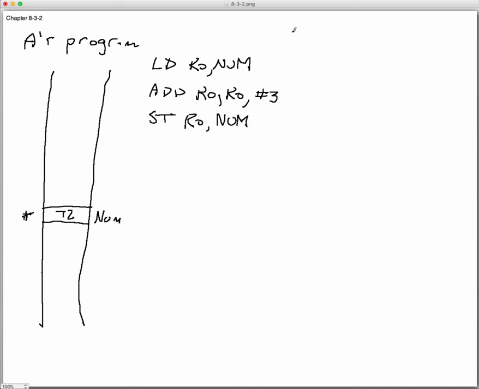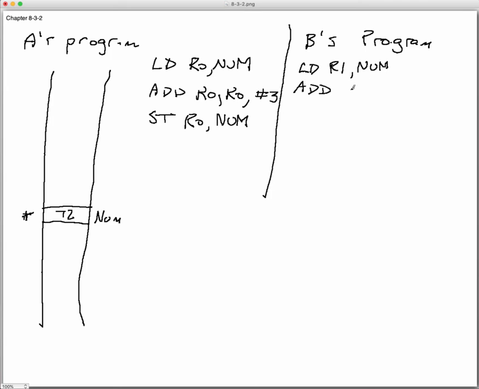Okay, and that's A's program. And we can imagine that B's program might look like the following. A technical difficulty here, we'll have B use different registers. So B might say load R1 with num. And then what we might do is we might say add R2,